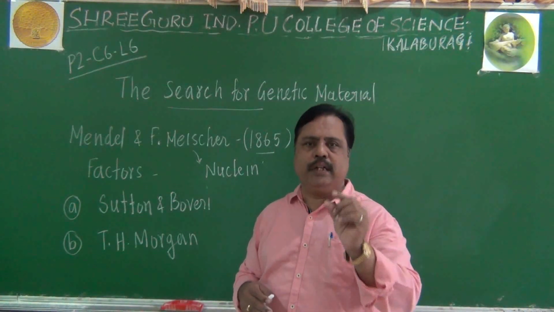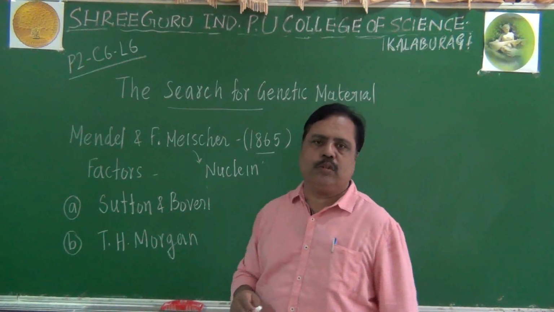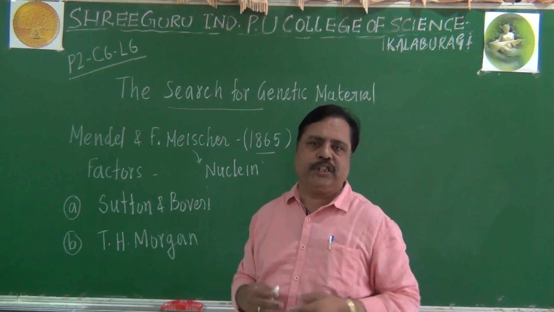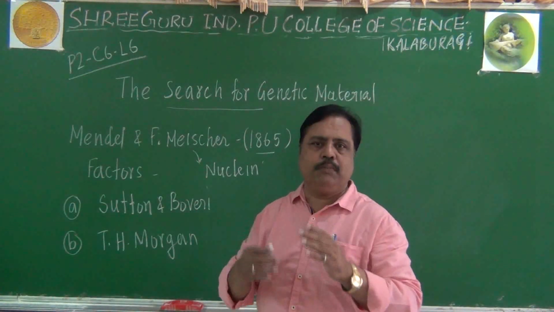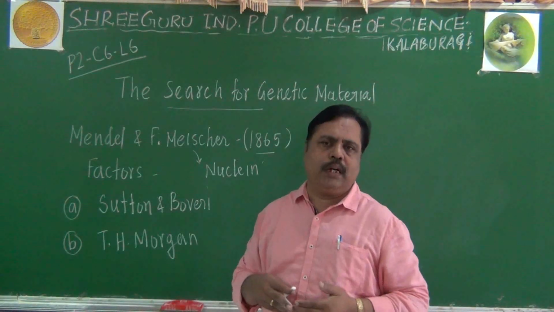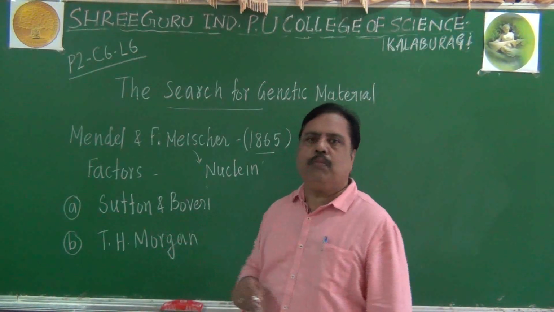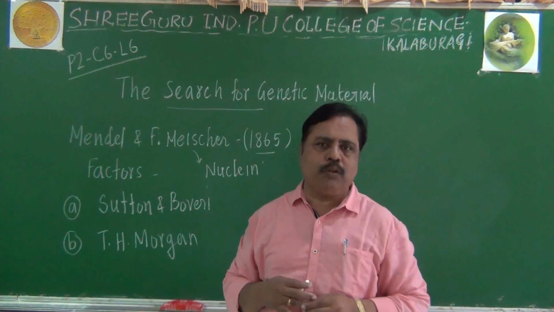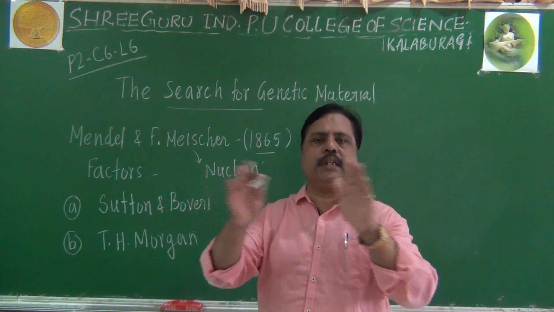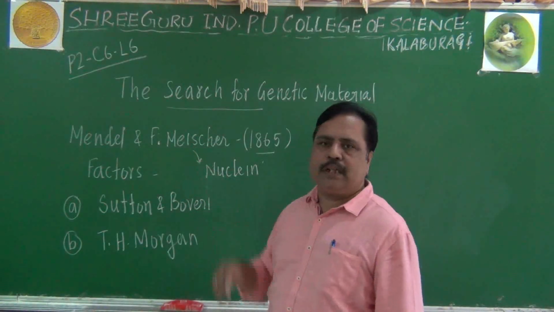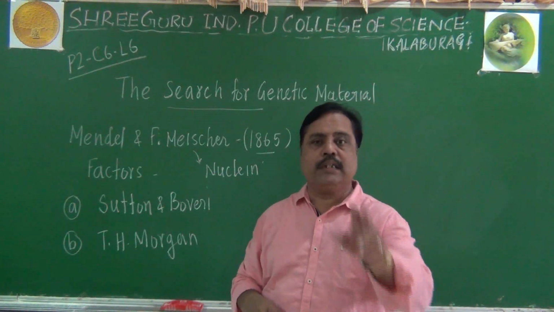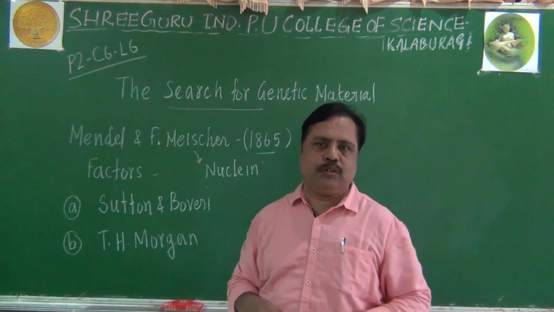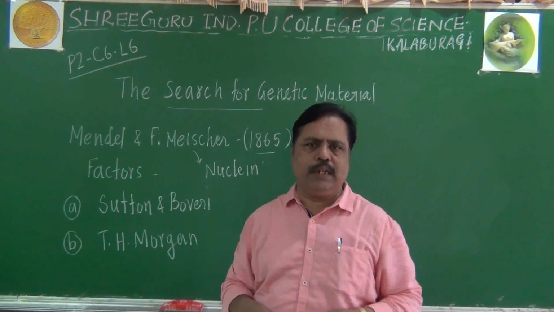Because easily we can detect the movement of sex chromosomes in a cell, X and Y. Autosomes will be similar to each other, but X and Y will be dissimilar in morphology, so easily they can be studied. Based on that, Morgan proved something when we perform a reciprocal cross. What is a reciprocal cross? By changing the sex of the parent, if you perform your hybridization experiment, the result will also change. When? If the factors are located on the X chromosome. Of course, if they are located on an autosome, no change will happen.